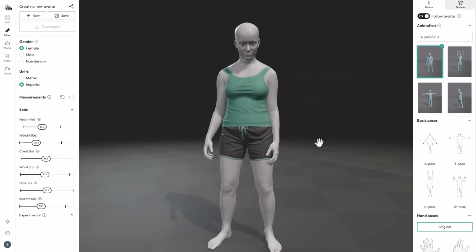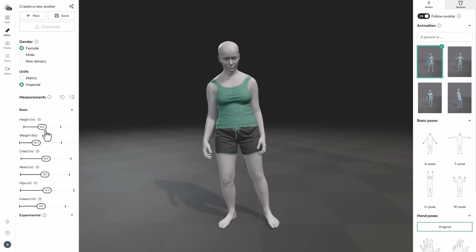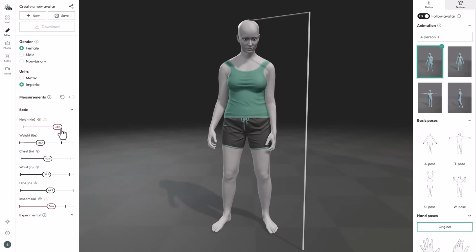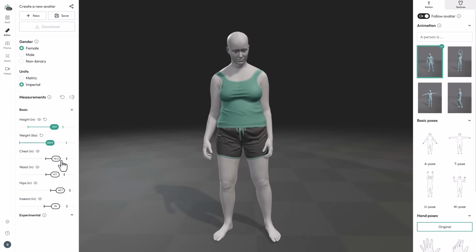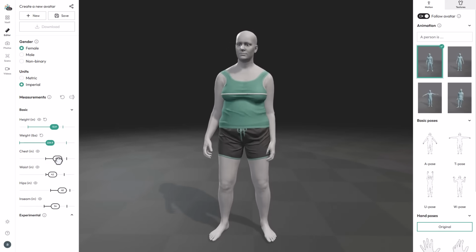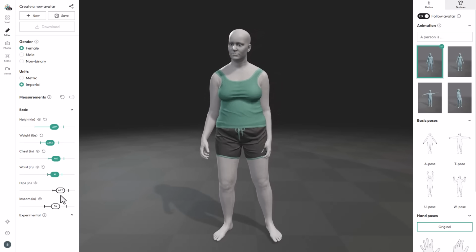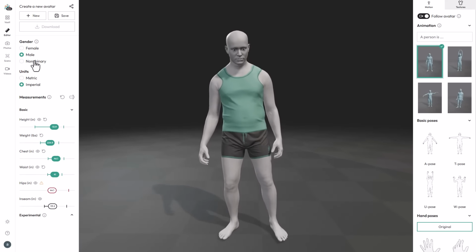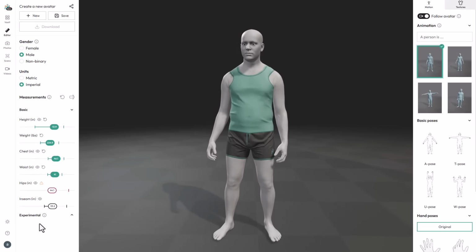Super simple. And some of the cool things that you get with this tool includes the fact that you can change the measurement of any character. Say for example, you'd like to create a character, probably you want the character's height to be about that much. You can make those changes. You can also make changes to the chest, depending on what you want. You can also make changes to the waist as well, and you know, the hip and all that stuff. There's also sections where you can switch if you'd like this to be a male character, a non-binary, and a female character. So I'm just going to set this to male for the sake of this video,